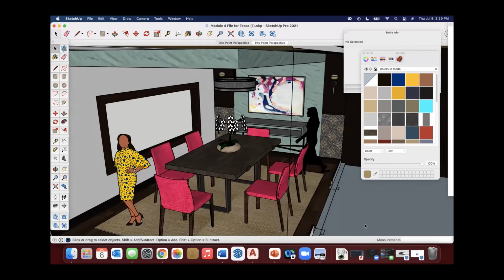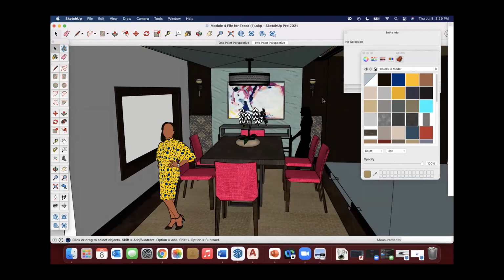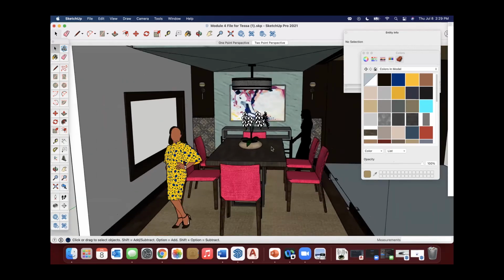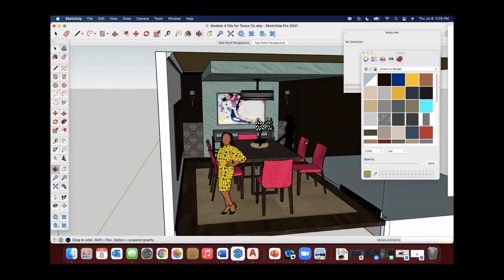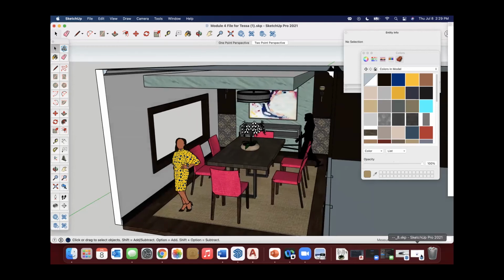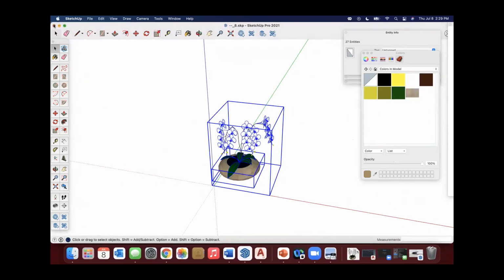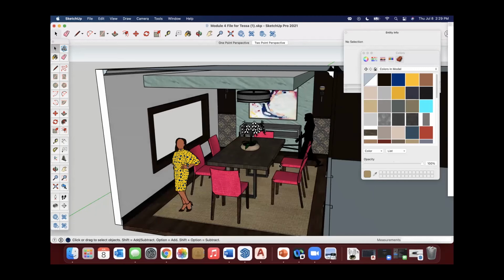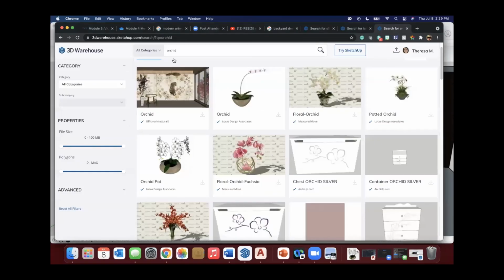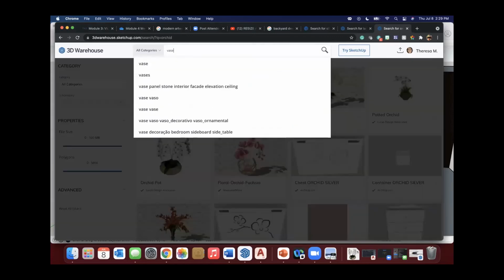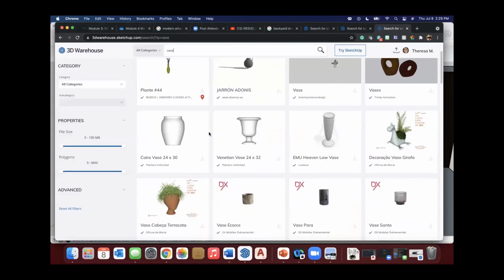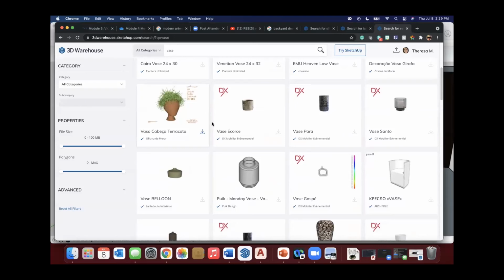So lastly, let's add, actually, let's not add a lamp because we have sconces here. So let's do maybe a vase on that back console. So let's find a vase, not a chia pet.